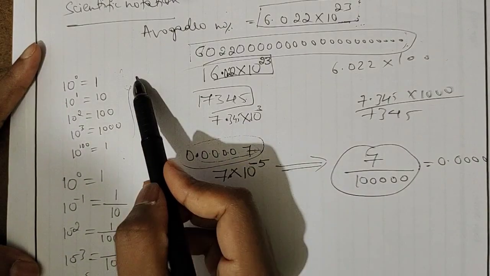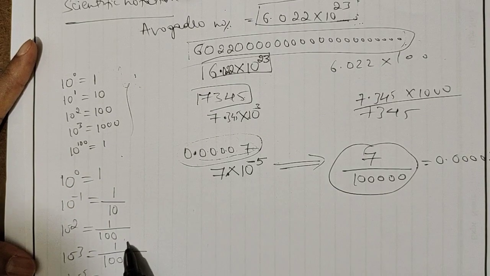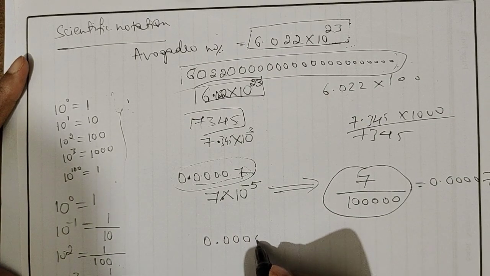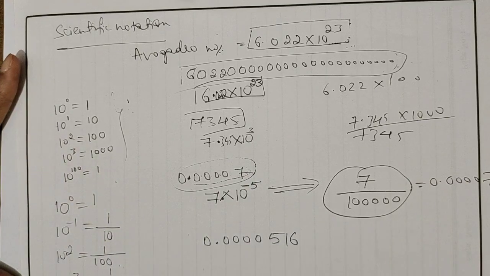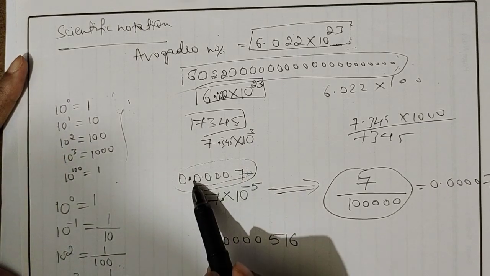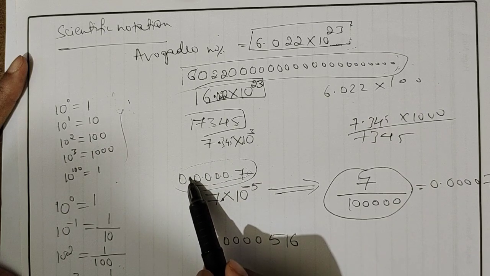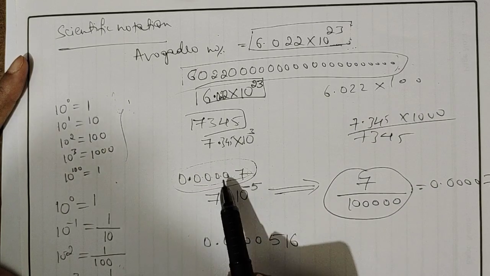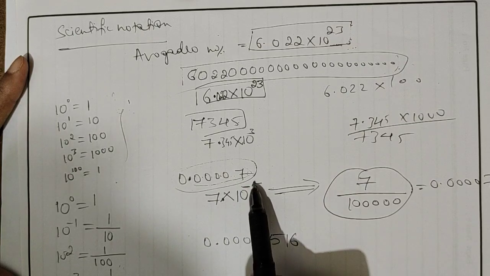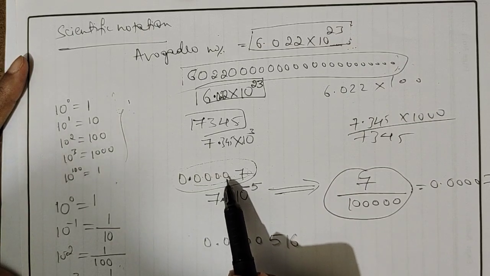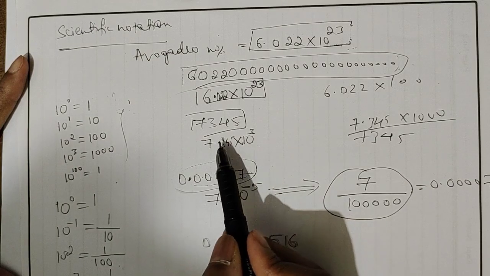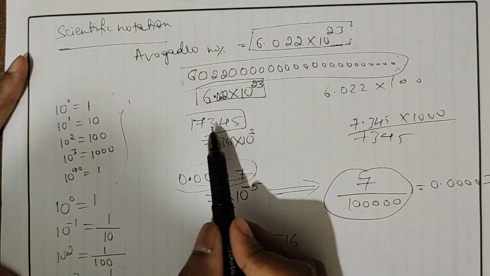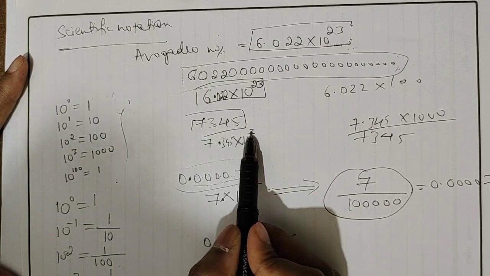Now one more example I'll take for the same. Observe here, all we got is positive values, right? So here we are getting negative values. Next one, let me take one more example, 0.000516. This you can shift wherever you want, okay? It is up to your convenience. Suppose if I shift the decimal before this 7, I need to write minus 4. Or if I shift here, minus 3. So this will vary in the form we write. The same thing happens here also. 7.345, if I write 73.45, then it will change, no? 73.45 times 10 to the power only 2, right?